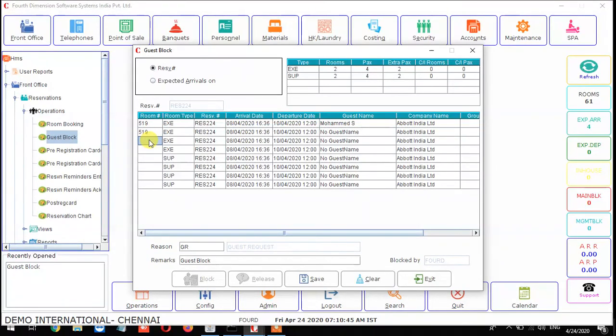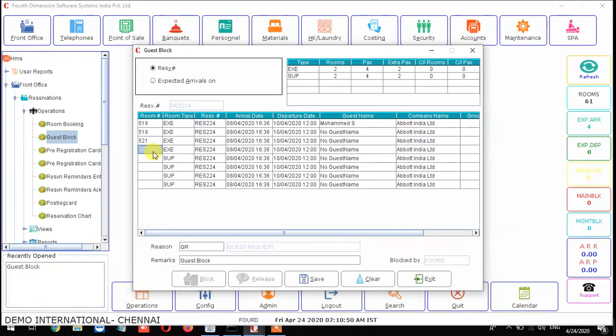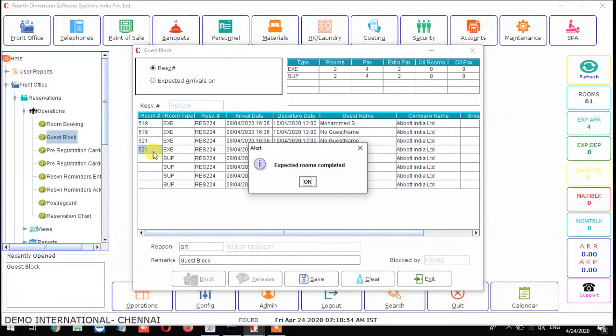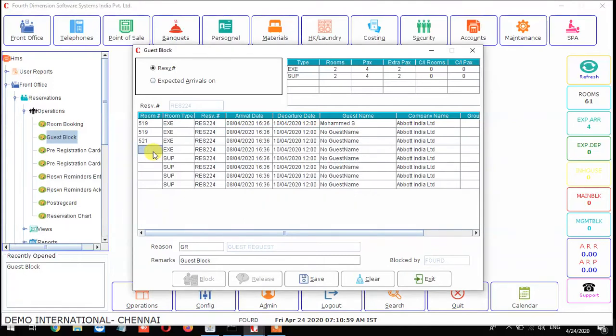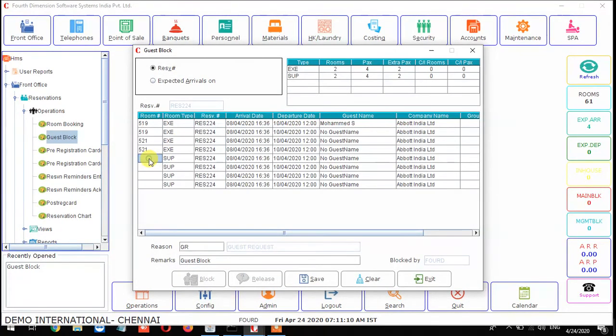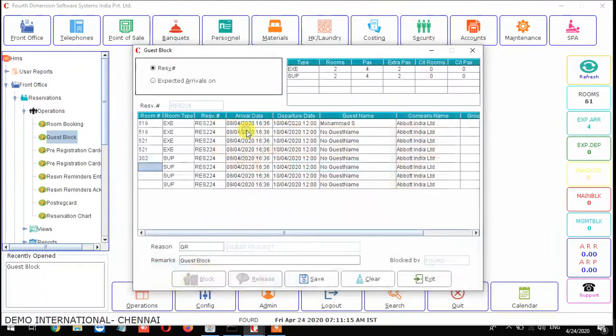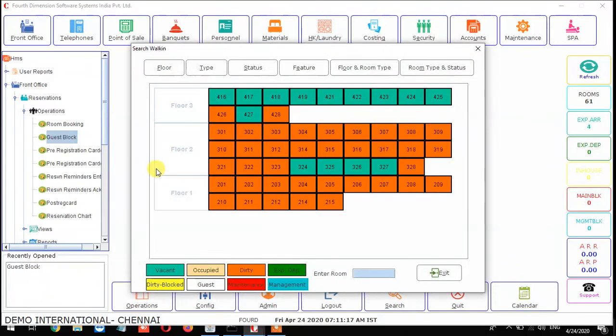And the second room type. Press F1, I'll give 521. Same like that, you have to enter the second pax 521. Next, for superior I'll give 302, again 302.